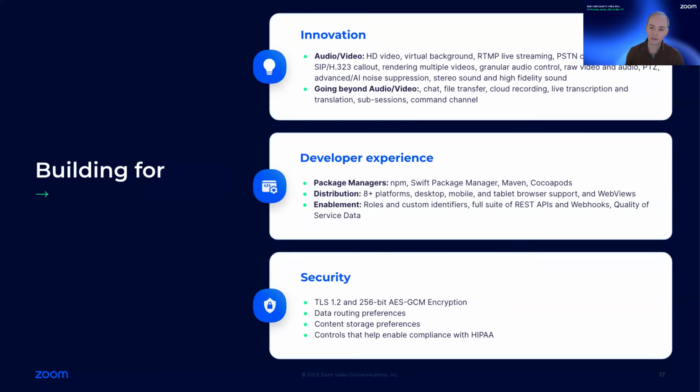So if you're looking to build one implementation with web, but you want it in your iOS and Android app, you can use a web view. But of course, we also have the native iOS and Android video SDKs. And then enablement, allowing developers to build